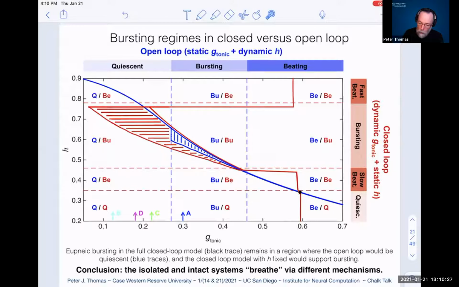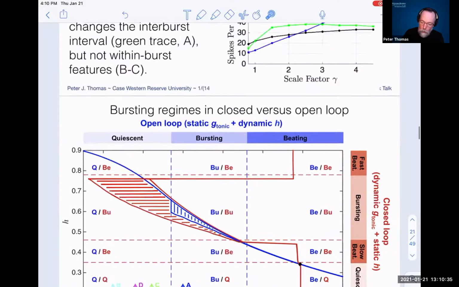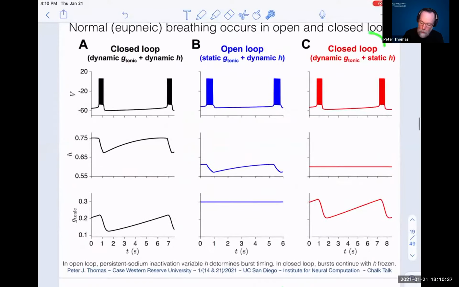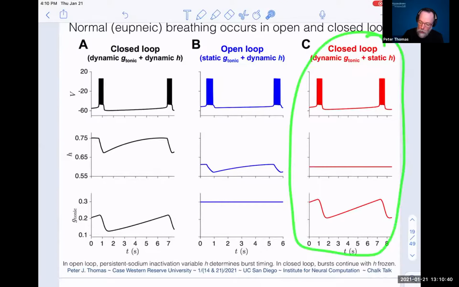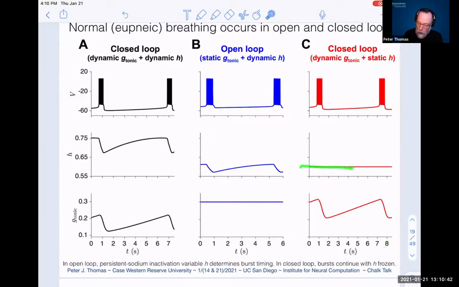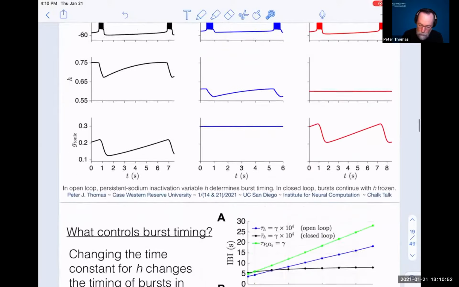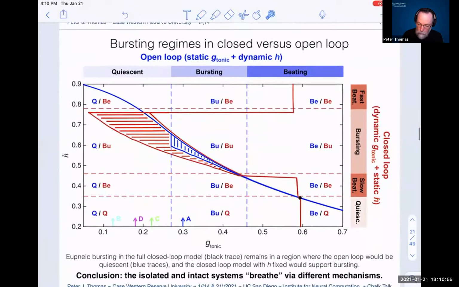So we can flip things around now and say, all right, what if we had the closed loop system, but we were in this situation here in red, where we made H constant, but we could make H constant at different levels? We could change H into a parameter. Instead of just being a slow variable, we could make it a parameter. Then G tonic is varying, and we maybe have bursting or maybe have another pattern. So in that case,